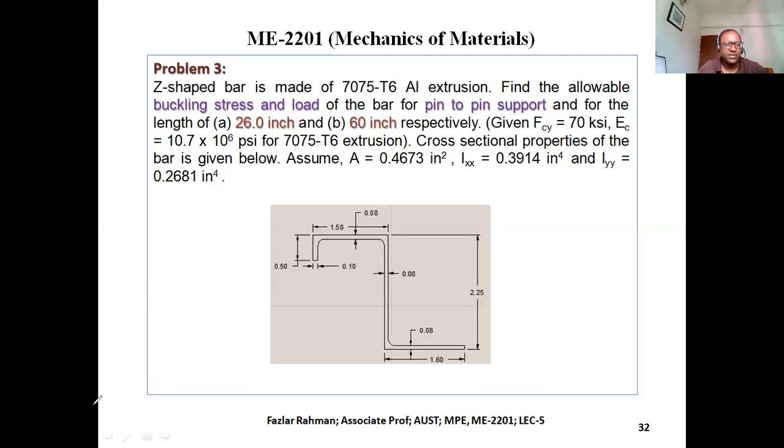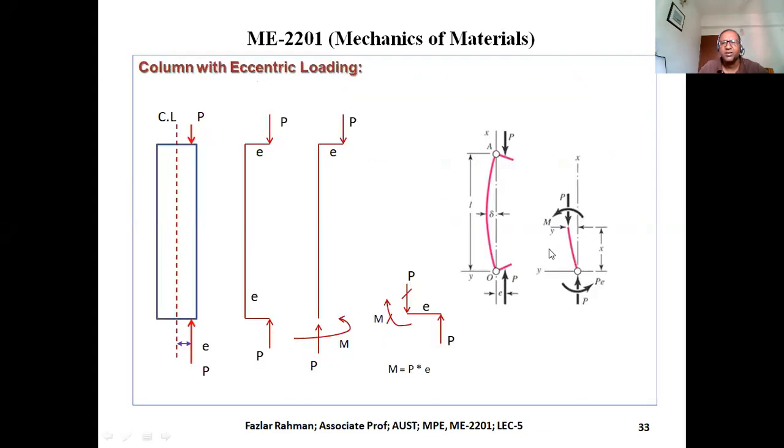Okay, so far we solved problem 1 and 2. And 3, we will not solve it. In the last class, we already discussed how you can solve it. In the last class, we discussed that if a column is loaded